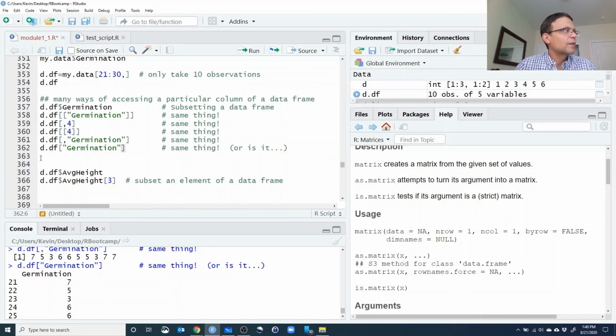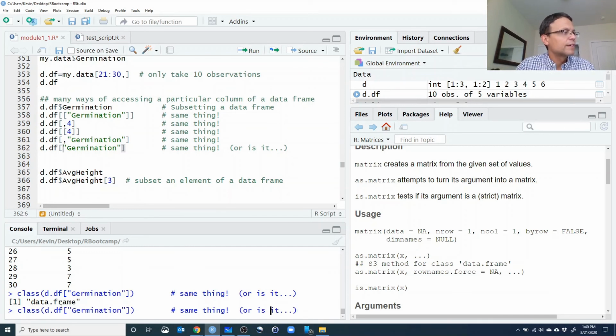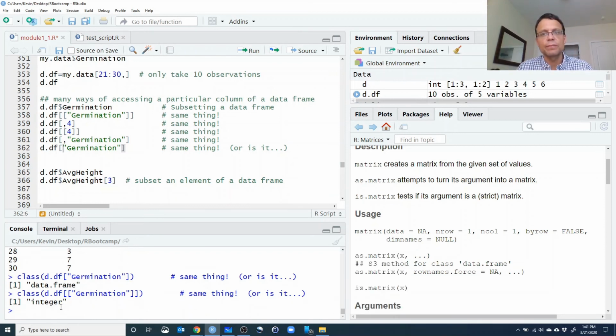So let's just take the class of the object, and it's a data frame. Now if we did the double bracket, it is not going to be a data frame. It's actually going to return a numeric,